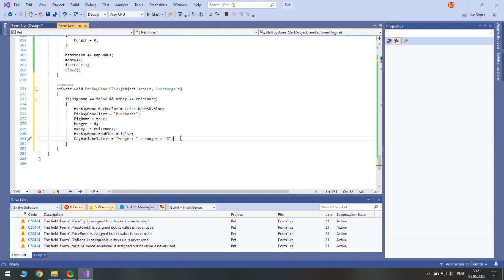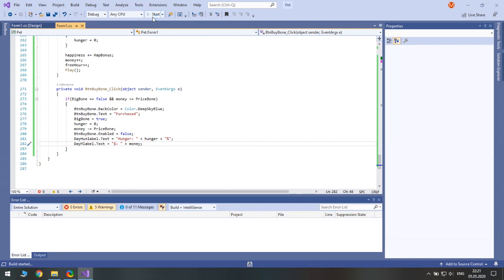So next, what else? Well, I guess... Oh, and we need to update our money. So day money label text equals dollar space plus money. Yeah. Yes, so I guess we could start checking it.